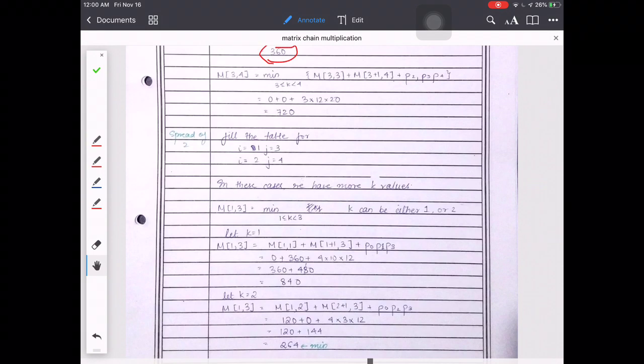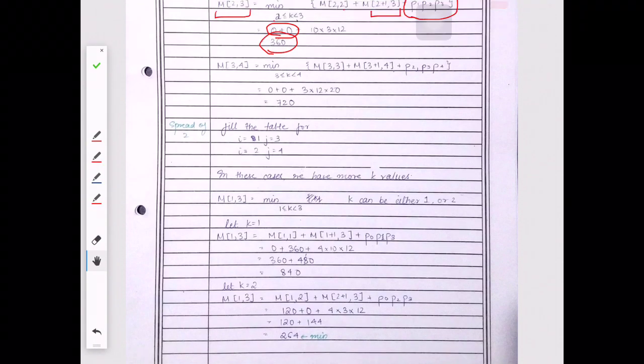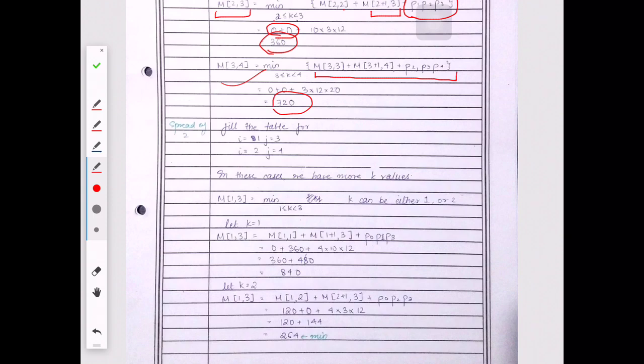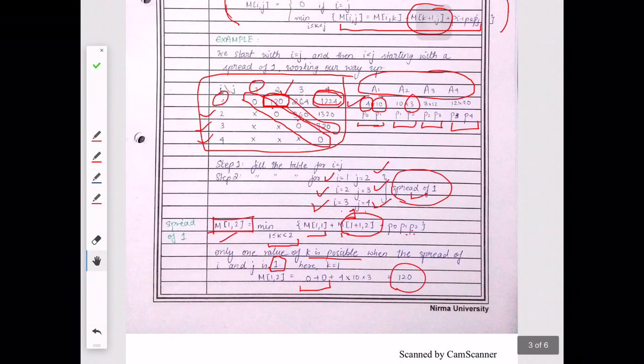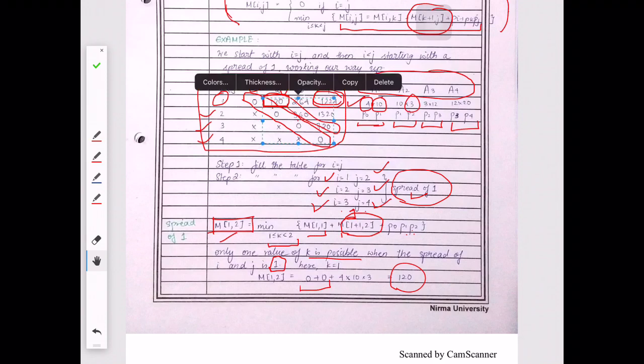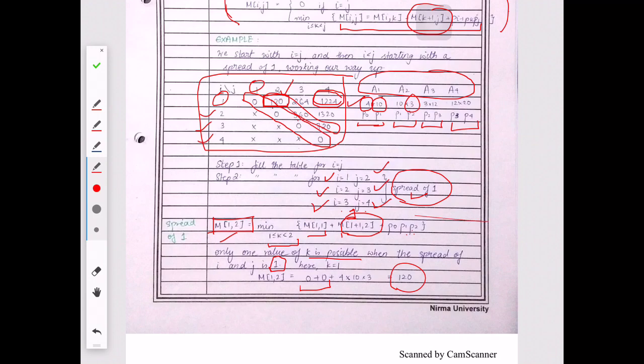Then the next value in the diagonal is m34. So we would follow the formula, and with a similar calculation we would arrive at 720. So we have filled these values in. I'm sorry, it's so messy right now. 120, 360 and 720. We have filled these values. Now we would